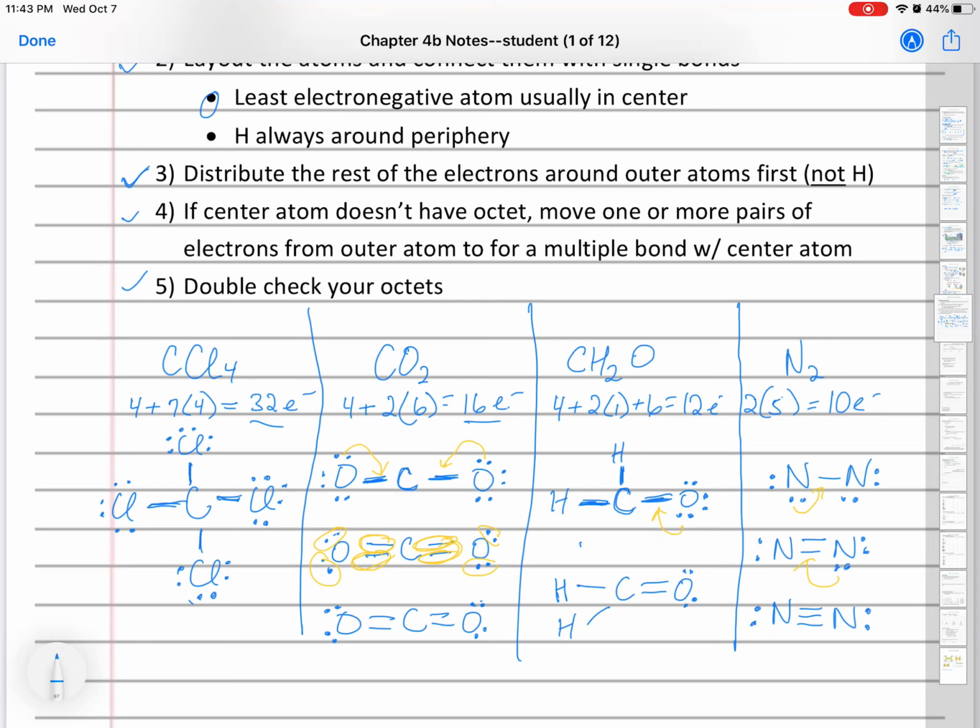Now each of them has a complete octet. Each has 8 electrons through lone pairs and shared pairs, and there's still only 10 electrons that we've distributed, okay? So this is how you draw